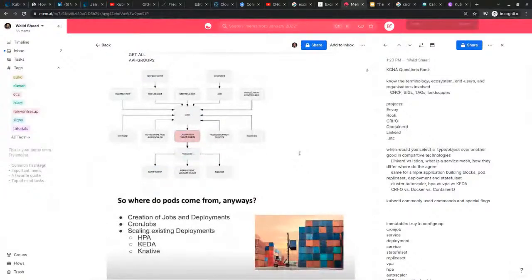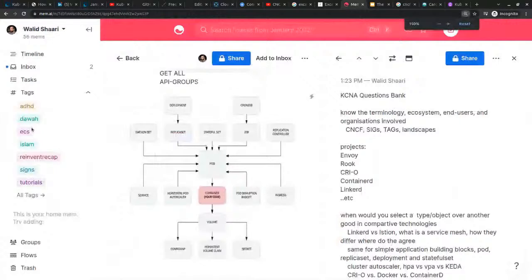So the main object, the main resource, okay, everything in Kubernetes is an API endpoint. And when we say object, when we say resources, most of the time we mean these resources: the pod, the replica set, the daemon set, the deployment, the cron job, and things like this.